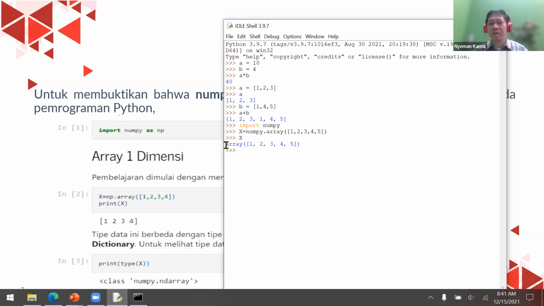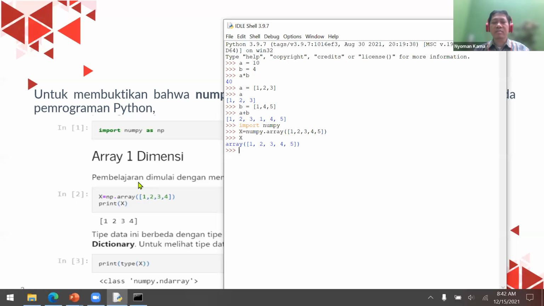So only numpy will understand the meaning of this data type, which is array. So we cannot use x for basic calculation, okay, because this is different. Only numpy can understand this data type, which is array.